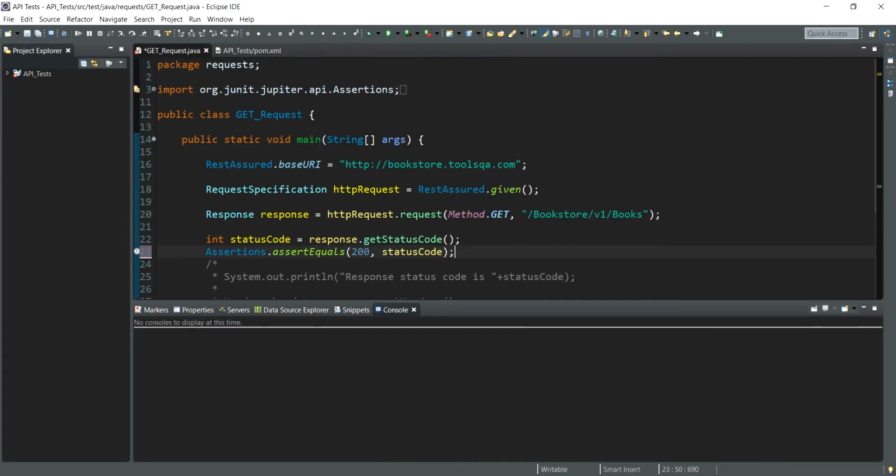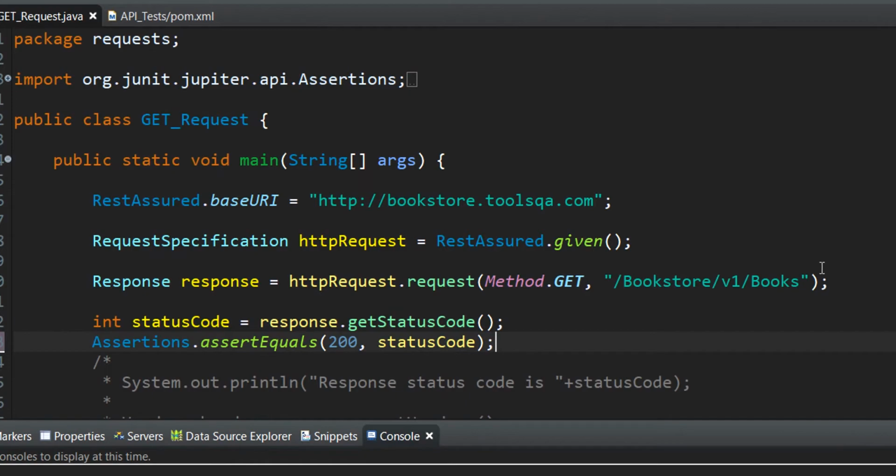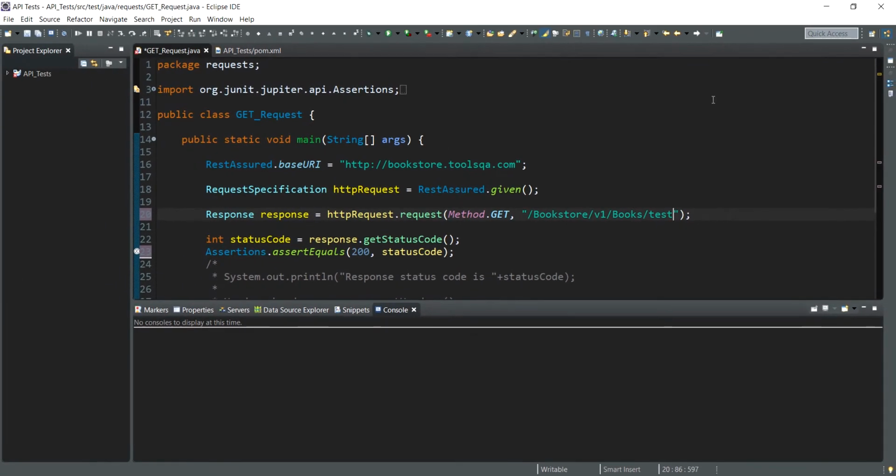Now that we have verified the assertions pass when we have the same expected and actual outcome, it's time to try out a negative case and see if the assertions work in a negative case as well. To do that, I will quickly change the resource URL. I will write some random value over here. Ideally, I should expect that an error is thrown in the console for the failed assertion. I run the code again,